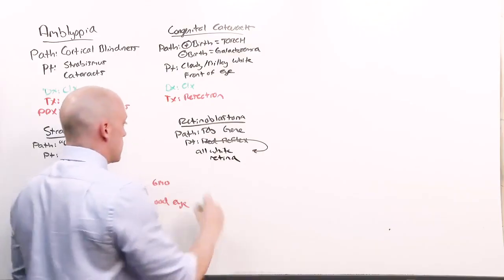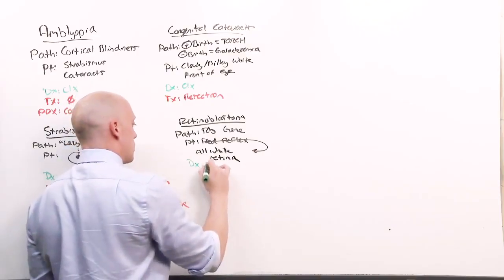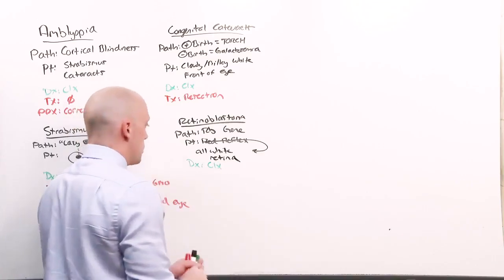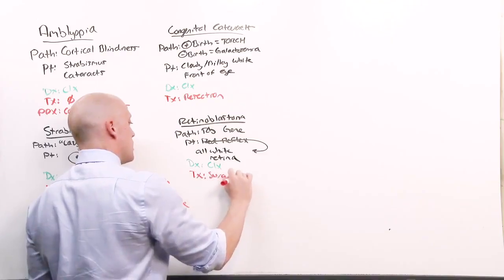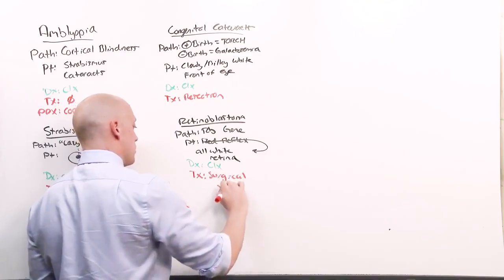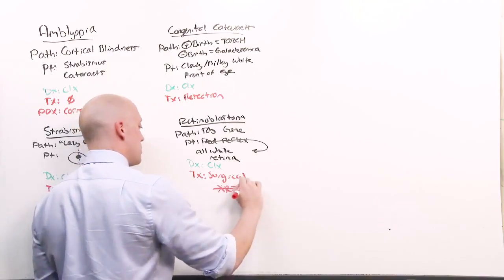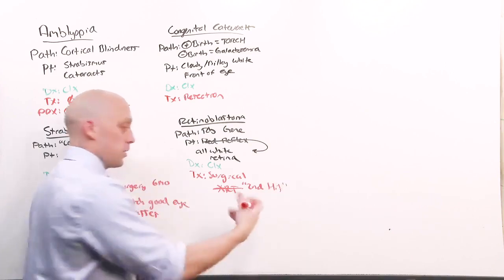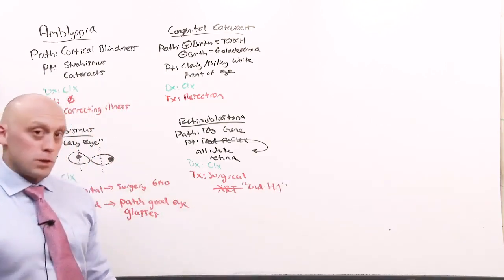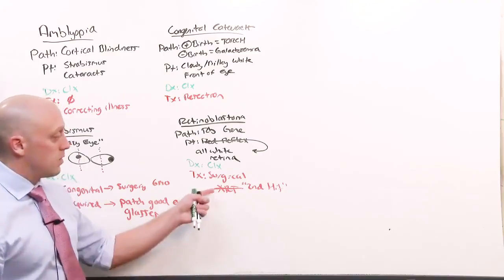The diagnosis is clinical. You look back there and see it. And the treatment is surgical. Now, you may be tempted to use radiation. Don't do that. That's going to be the second hit for the other eye, and you're going to actually induce a tumor there, and the person won't have any eyes because you have to actually take out the entire eye